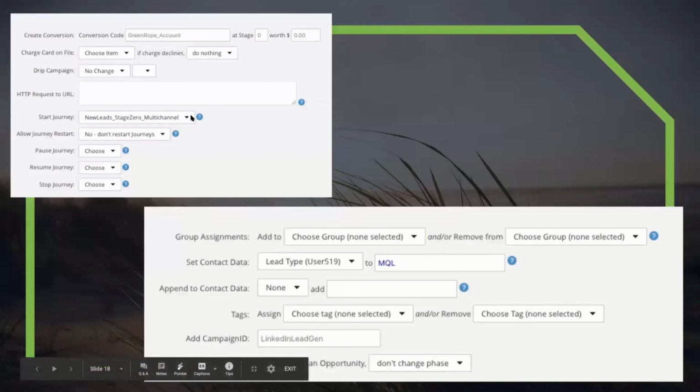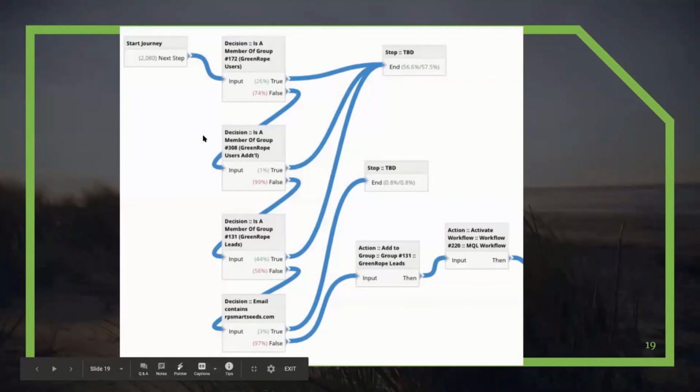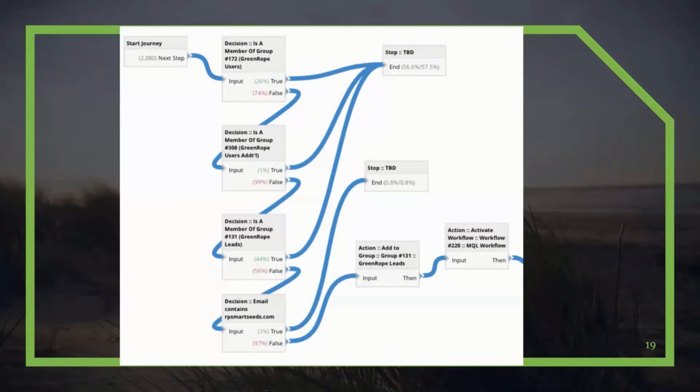So this journey that you see here is going to help us filter out specific people. For example, let's say we're promoting an ebook on our LinkedIn and a user wants to download that ebook as well. Well, we definitely don't want them to be added into our leads group or go through a lead nurturing journey. They're already a client. That would look like we don't have our automation together, right? And as an automation company, we better have our automation together.